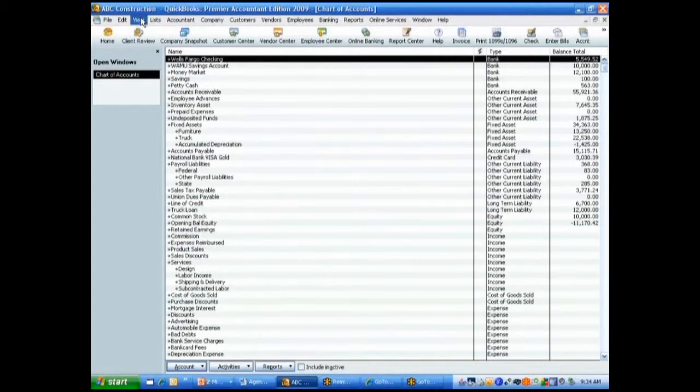What we're going to do first is we're going to talk about there's two types of reports, accounting reports and management reports. Management reports are typically